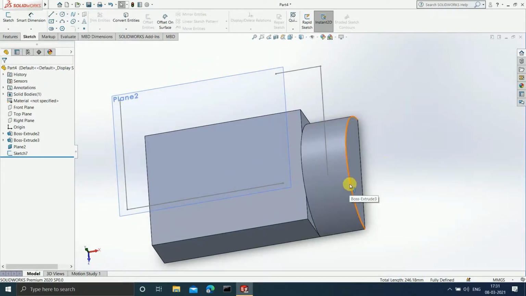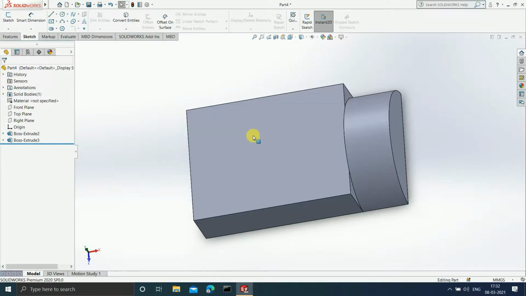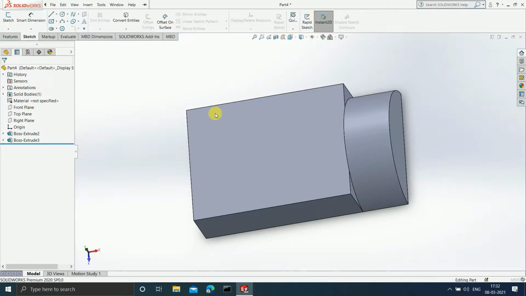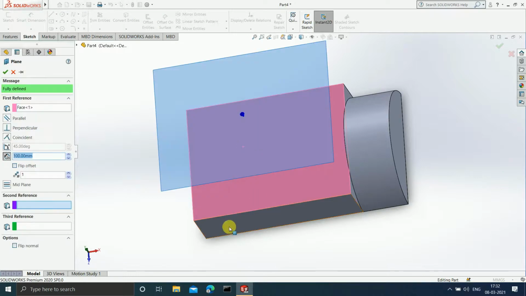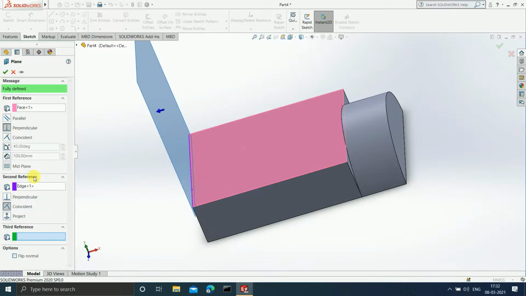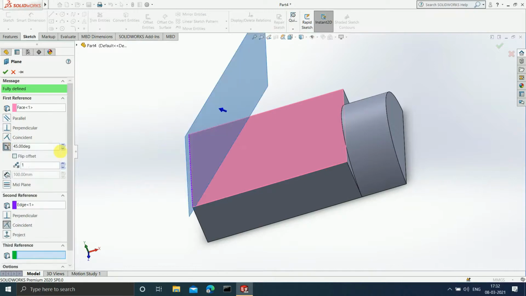Now guys, let us delete this. It is not necessary that the plane should always be parallel. For example, suppose I insert a plane: Reference Geometry, Plane, select this and select the second reference to be one particular edge. Define the angle here, let's say 45 degrees, click on OK.